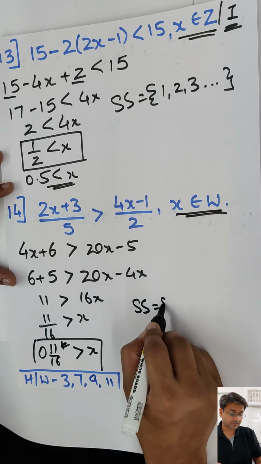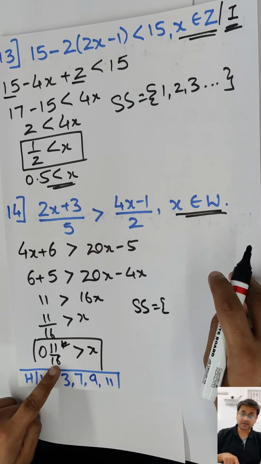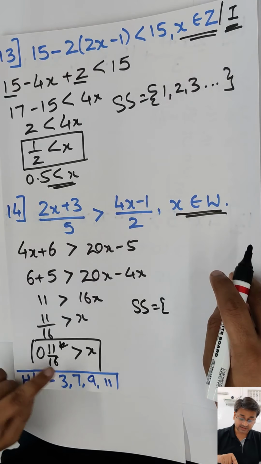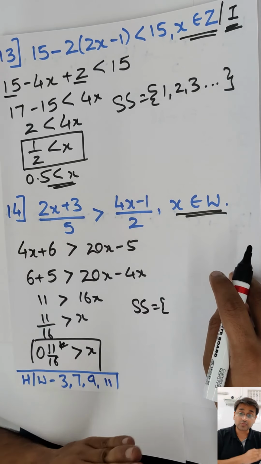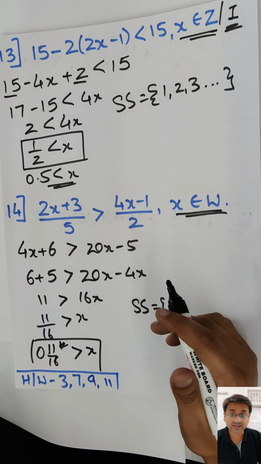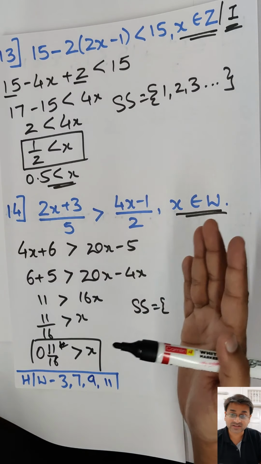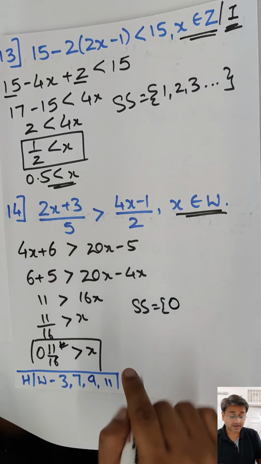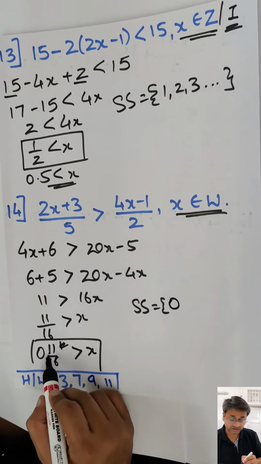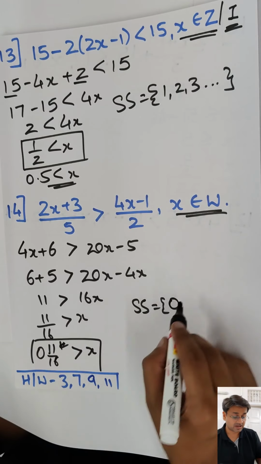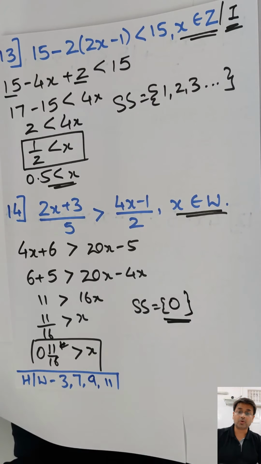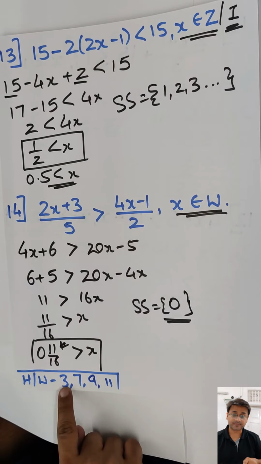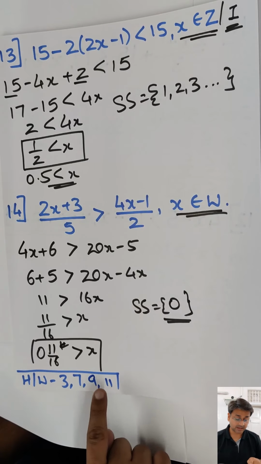and x belongs to whole numbers. Now 0 point something, so I can't include 0 because this is greater and x is smaller, correct? So what will I actually include? x is smaller than 0 point something and starts with whole number, that means starts with 0. So 0, can I include 1? No, because 0 point something is bigger than x. So the only element that I can include is a 0. Absolutely correct. For your homework, I want you to try sum number 3, 7, 9 and 11.